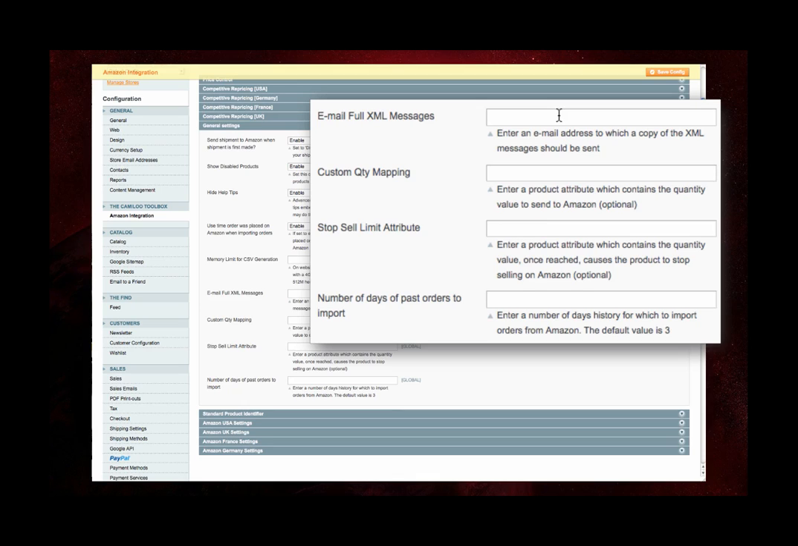Finally, if you have been selling on Amazon for a while and are only just beginning to use Magento, you may find the next option useful. With this, you can control the number of days the module should download orders for historically. By default, the module requests 3 days worth of orders, but if you wish, you can request up to 30